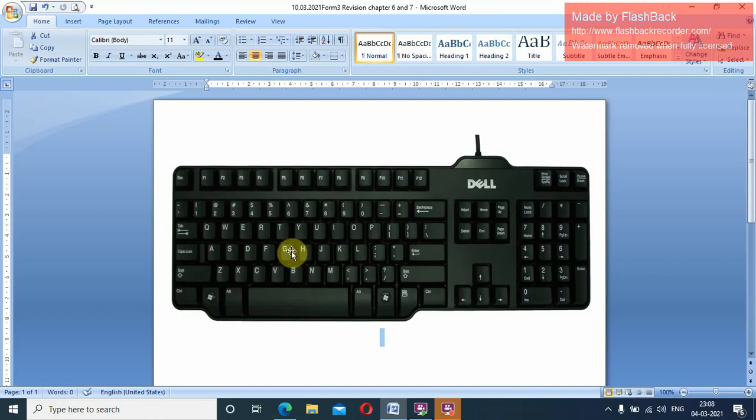Now on the keyboard, on some keys you can see there are two symbols given. Here you can see comma, less than, greater than sign, full stop, semicolon, colon, double inverted comma. So this way, these are the two different symbols on each key. Even on the number keys also you can see different symbols are there.